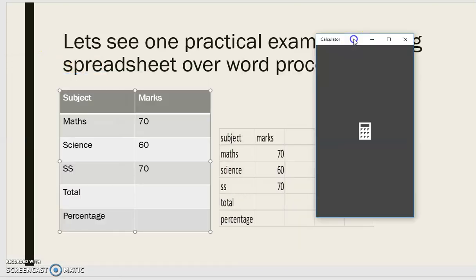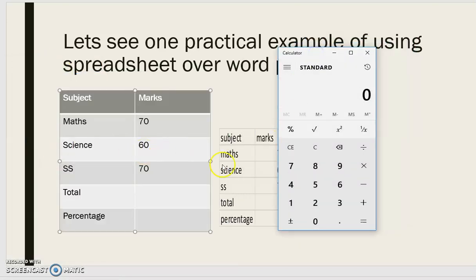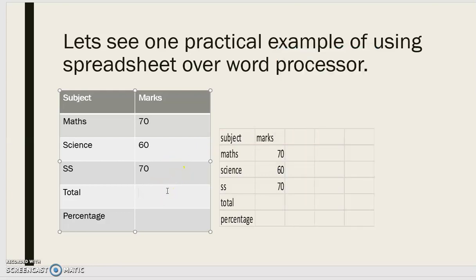Okay, so here I will open the calculator to calculate my marks. I will do 70 plus 60 plus 70. So I will find out the total and then I will enter it in the Word file. But later on, the next day, if your teacher says that your marks in science now change from 60 to